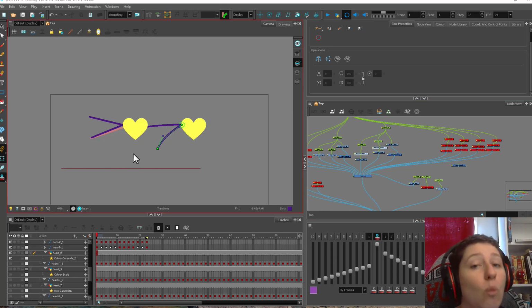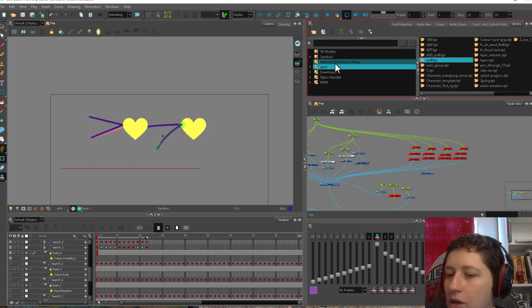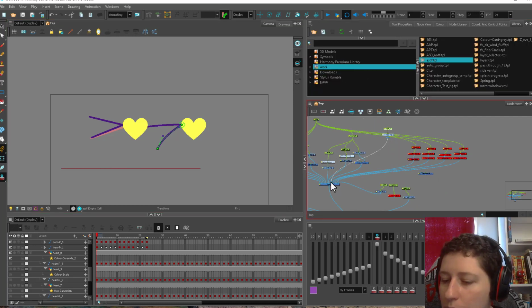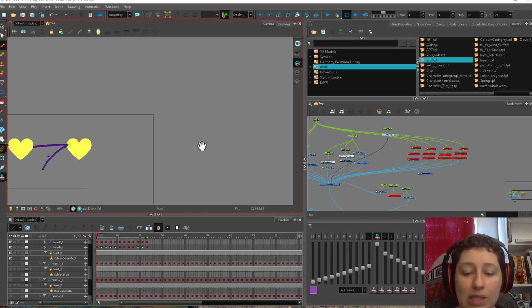How is it connected? What is it made of? How flexible is it? How heavy is it? So some of the most common things you're going to be doing in overlapping stuff like this is hair.